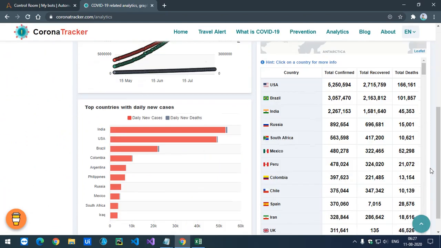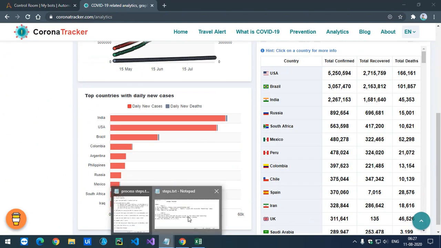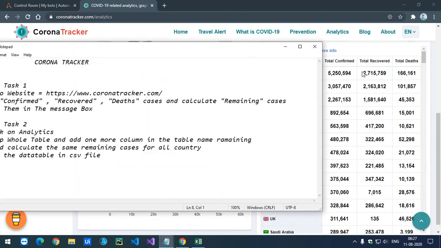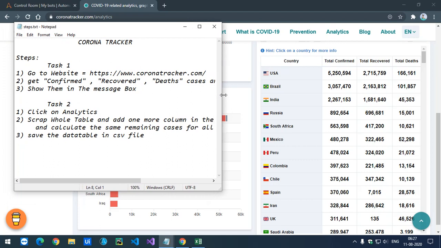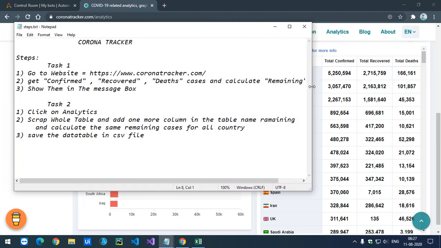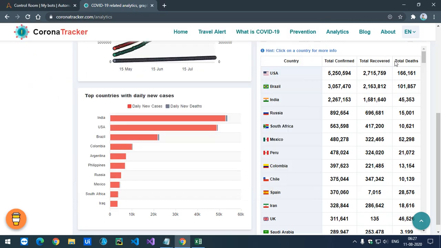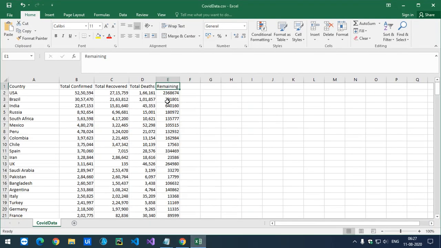So we are just going to click on the analytics tab, scrape the whole table and add one more column. Here we have 4 columns, and the one more column will be the remaining cases.